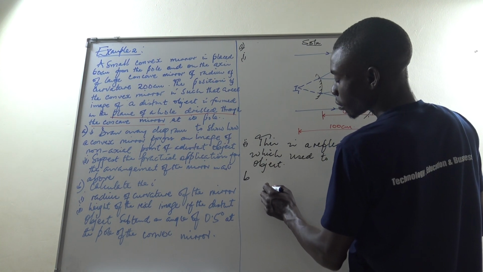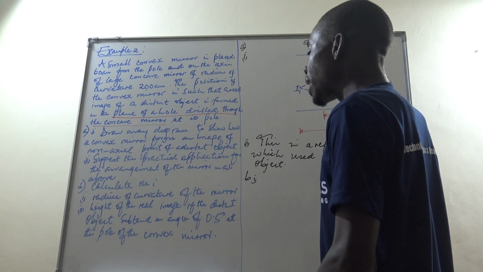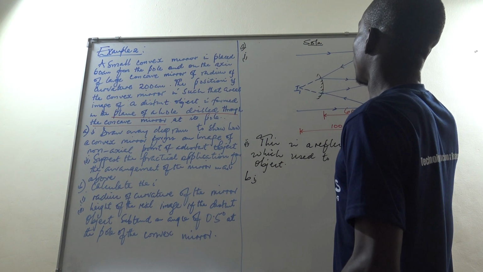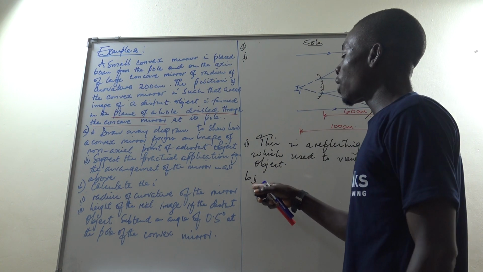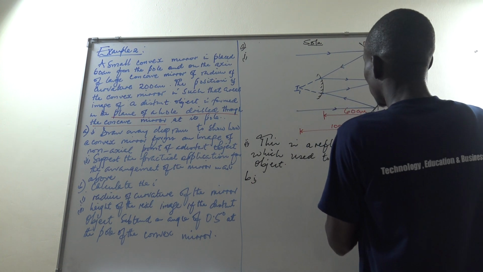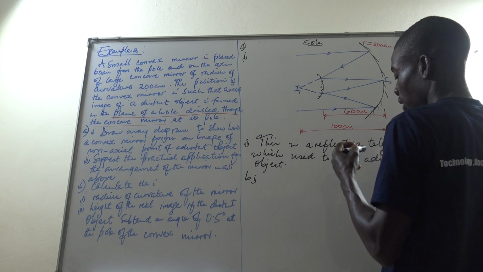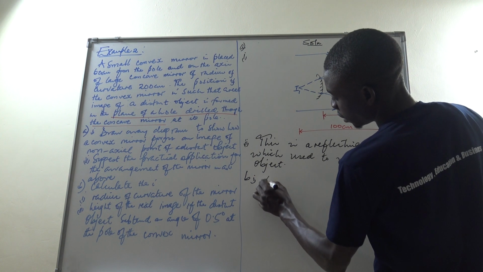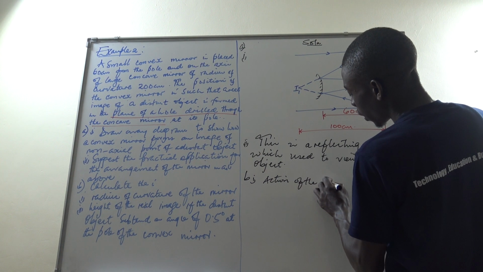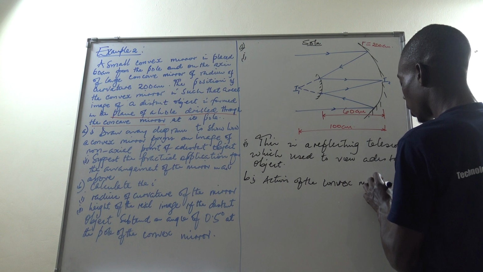So for Roman 2, they're saying to calculate the radius of curvature of this mirror here, because already this one, you know, the radius of curvature is 100. What is the radius of curvature of this mirror here? So for this mirror here, I would say, considering the action of the convex mirror,